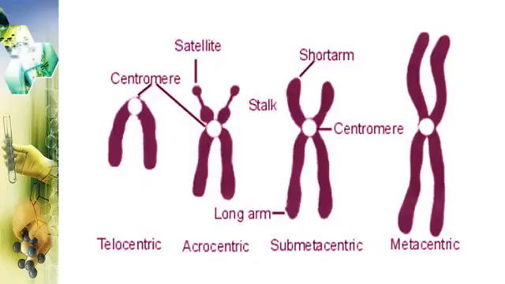Based on the centromeric position, chromosomes are classified as follows. 1. Metacentric, where the centromere is present in the middle. 2. Submetacentric, where the centromere is present a little away from the middle. 3. Acrocentric, where the centromere is present at the extreme tip, but with a small segment at the end. 4. Telocentric, where the centromere is present at the extreme tip of the chromosome.